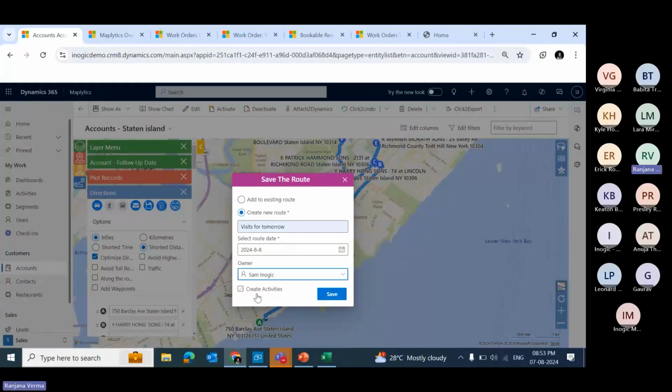So till here, what we have done is basically we have created a route and we are trying to save it. Now you see this little checkbox over here that says create activity. This is something that is a magical button, I would say. When I click on create activity,